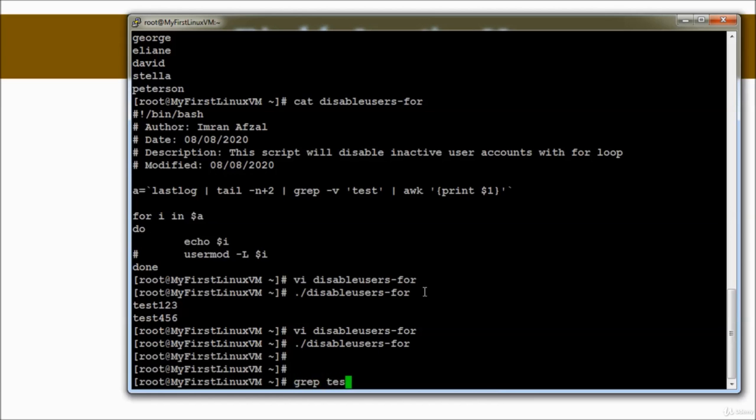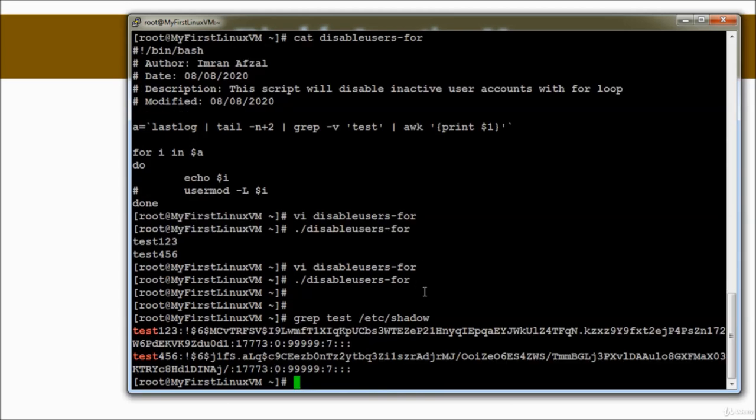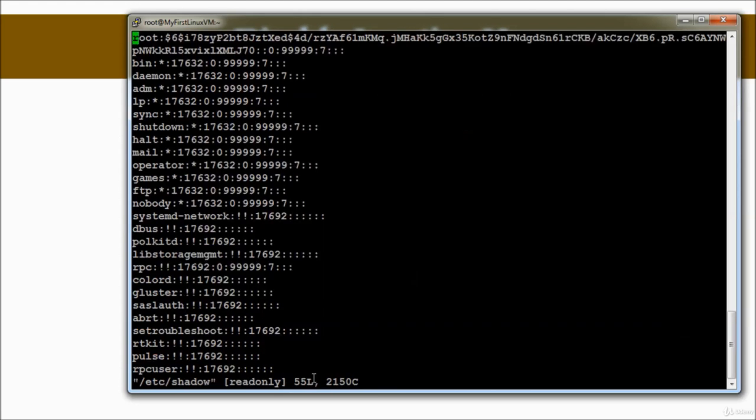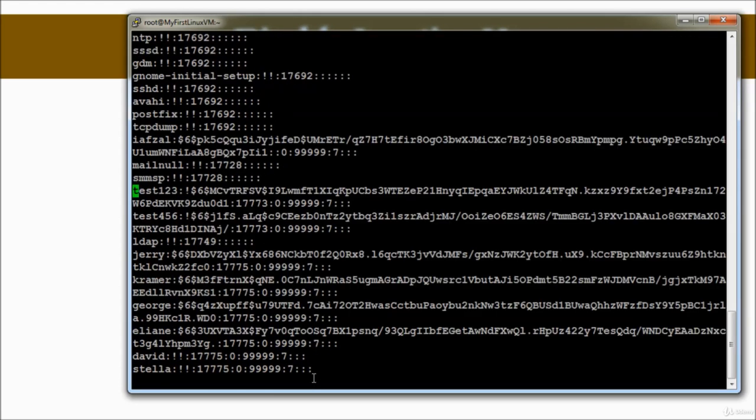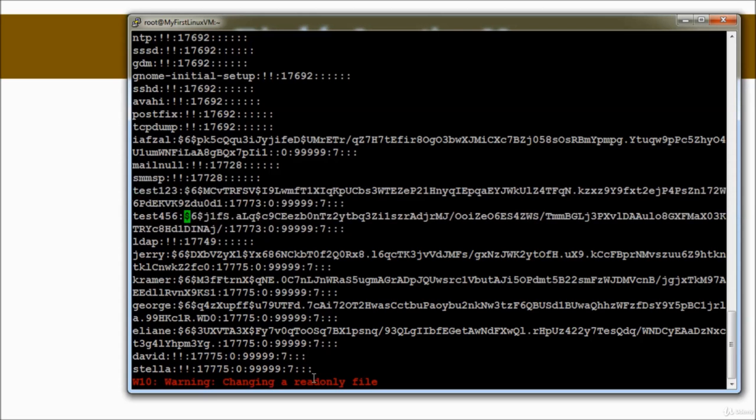and to verify it, you could do grep test1, or just test, in /etc/shadow. Shadow is the one that actually puts the exclamation point right here that will tell that this account is disabled. See right here. So if I just modify the /etc/shadow file and look for test, I could remove this exclamation point,